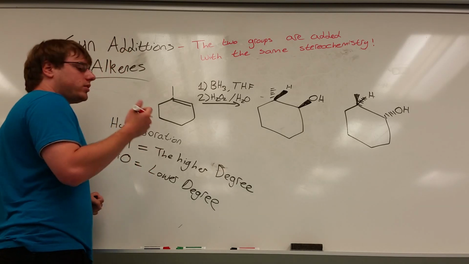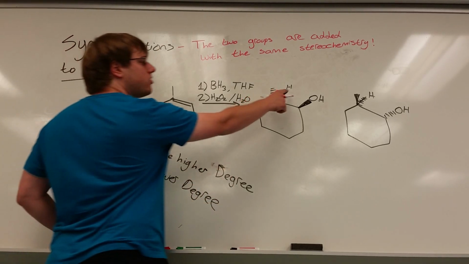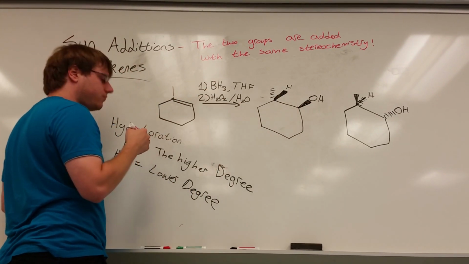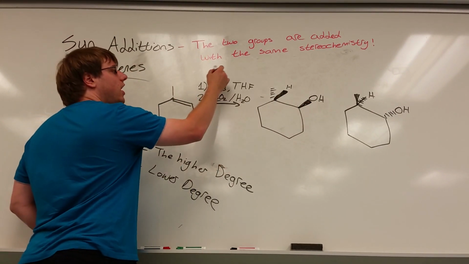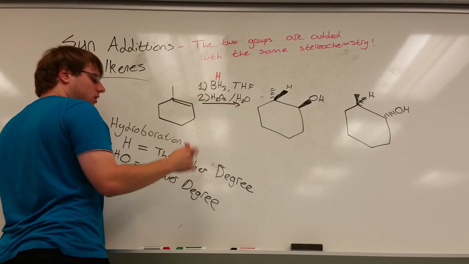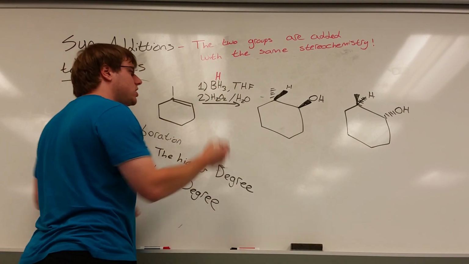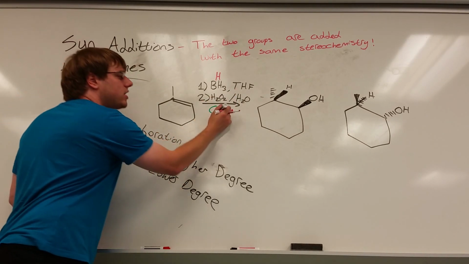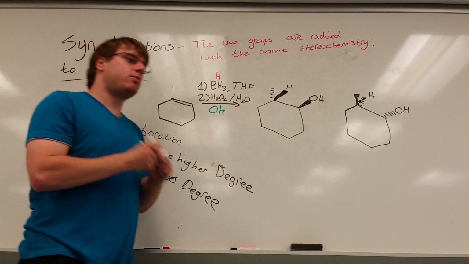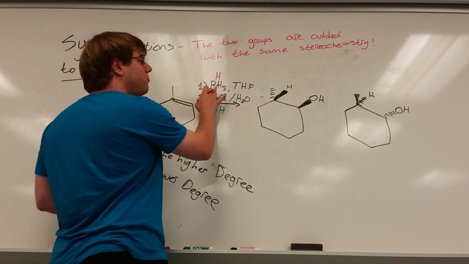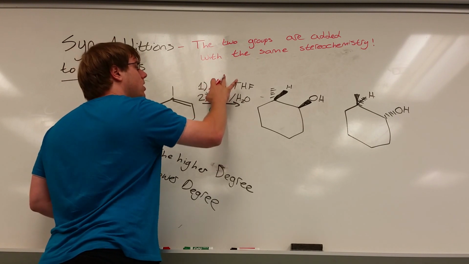And the point I want to make is, where does the hydrogen come from, and where does the OH come from in our reactants over here? Well, straightforward enough. The hydrogen is produced by the BH3, and the OH is produced by the H2O2. Now, why does that matter? Because, especially in the summer course, a question that I see very often is, what if instead of BH3, they gave you